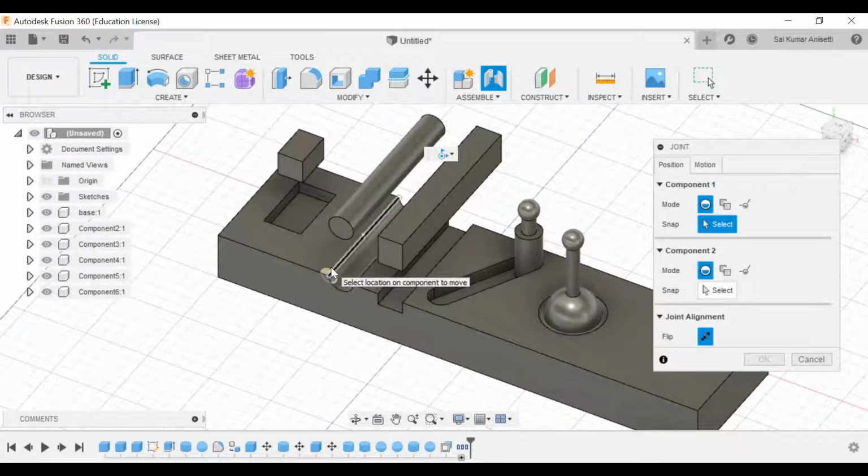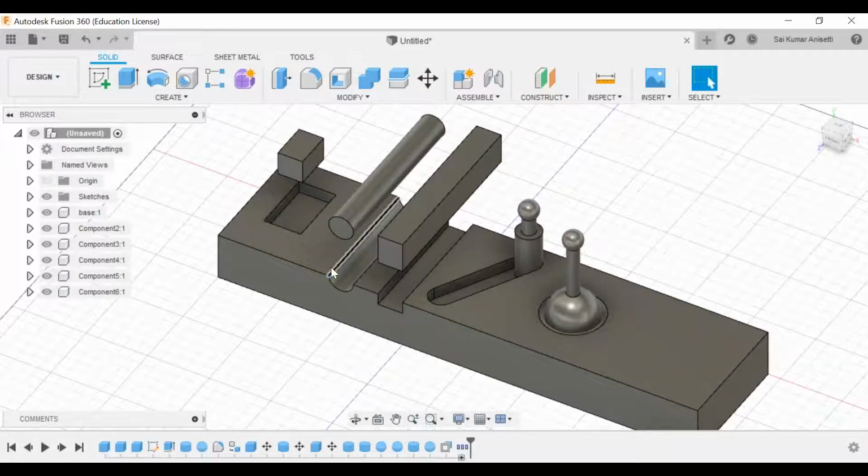Always in your assembly, the first and foremost thing is you have to have a base. In your entire assembly, one component or one part should be fixed to the ground, because your assembly cannot stay in air, right? So in your machine, in your bottle, in your phone, laptop, mouse, whatever universal assembly you take, at least one component is staying on the ground. That will be your base component. That is the primary thing.